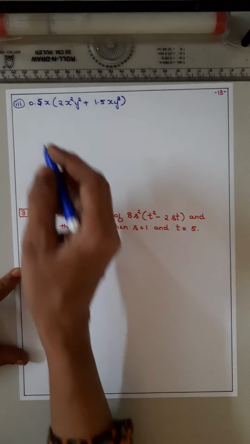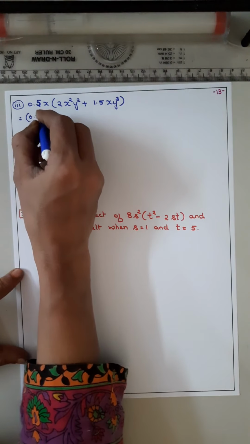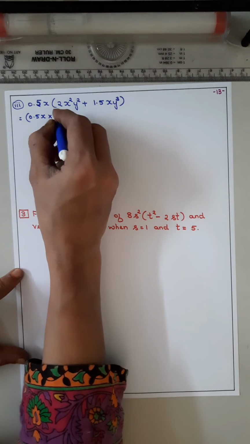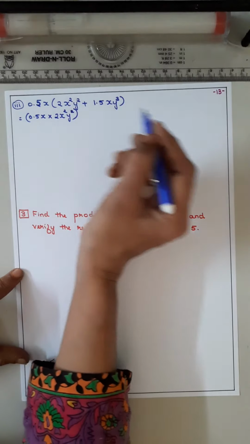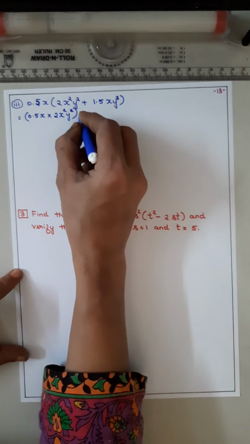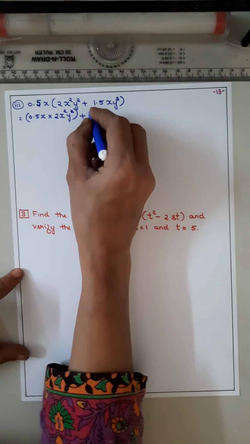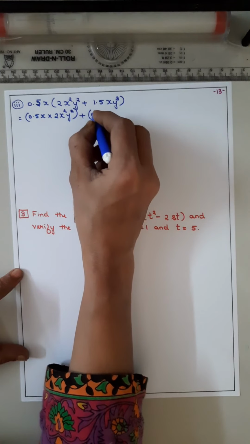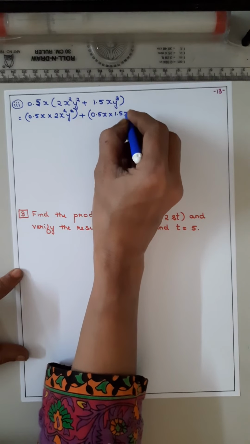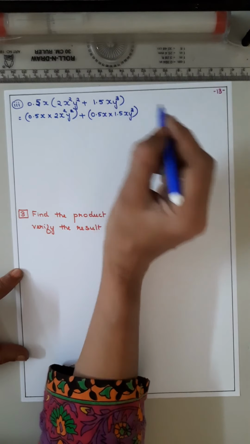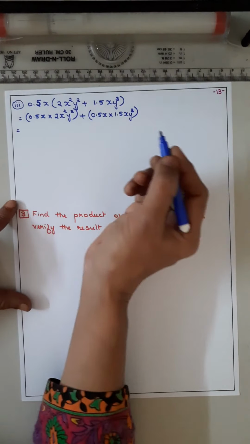Now bracket open 0.5x into 2x squared y squared bracket close plus bracket open 0.5x into 1.5 xy cube. Okay. Now it will be